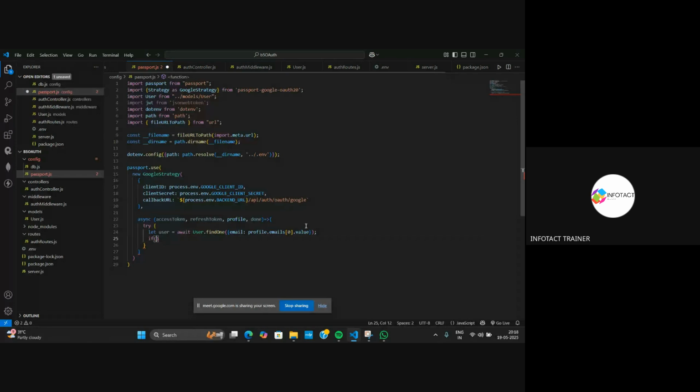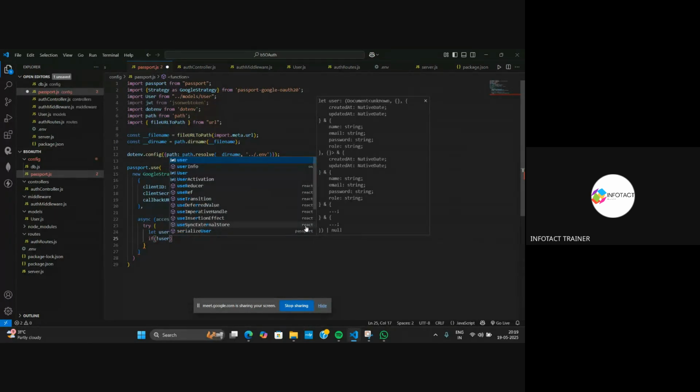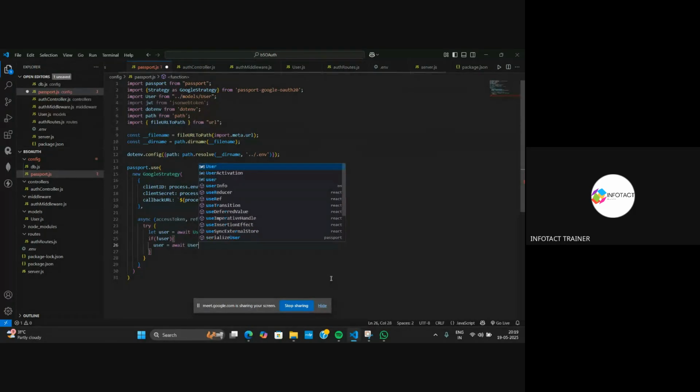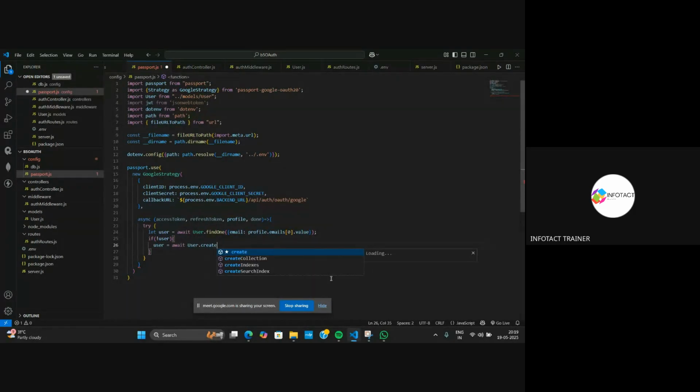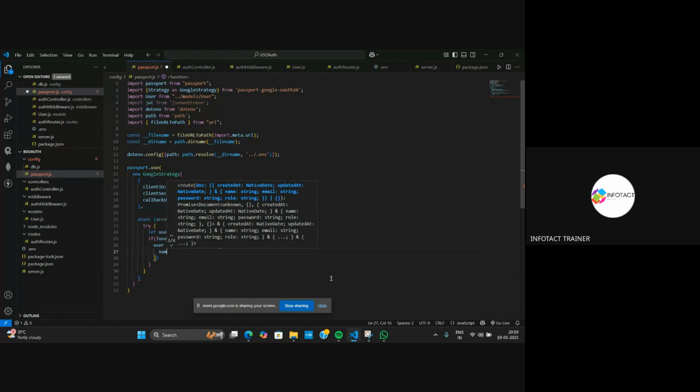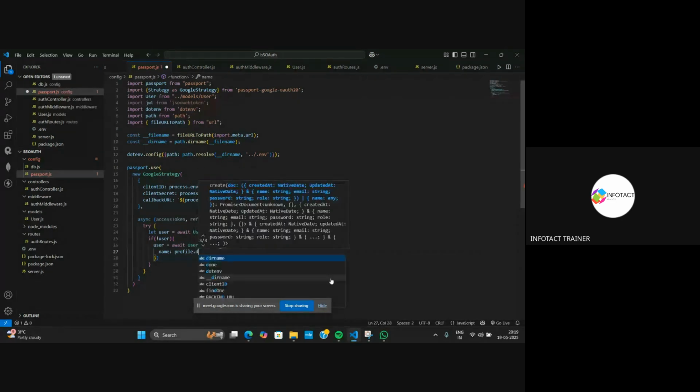And if not user, which means that if the user is not found, then what it will do? It will create a new user inside the database. For that, we will write user is equal to await User.create method, inside which we will assign name, profile.displayName,